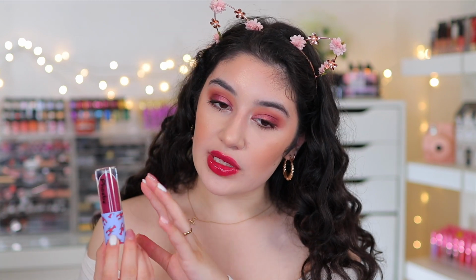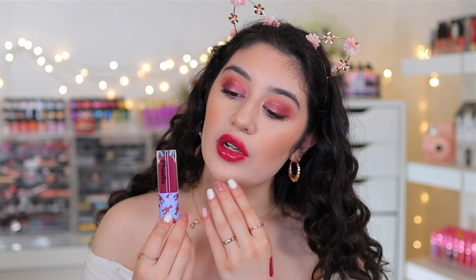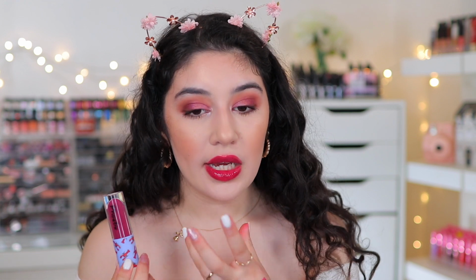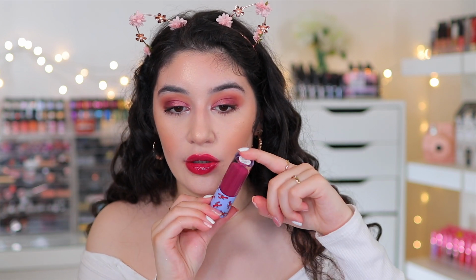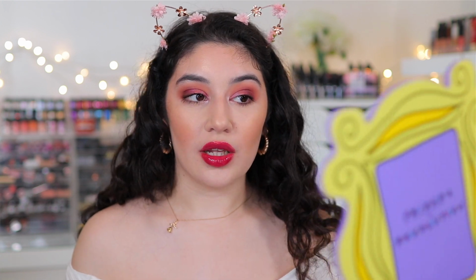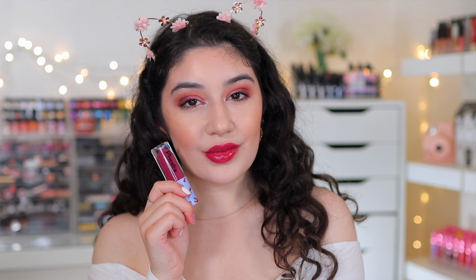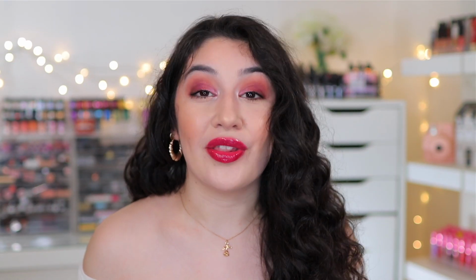Actually, looking at it now, it doesn't resemble how it looks in the packaging. It looks a little more kind of pink or reddish on me, but it's definitely looking a lot more purple in the actual packaging. Either way, gorgeous color once again. So again, this one is Phoebe, which is described as a deep wine gloss. There is one thing I just want to say about this makeup and this collection, and that is...